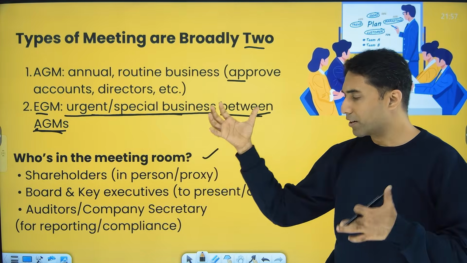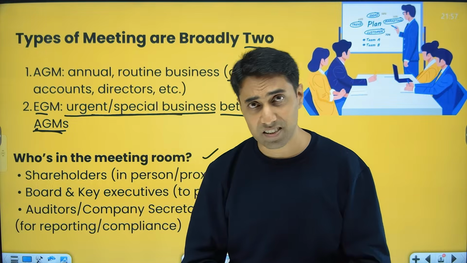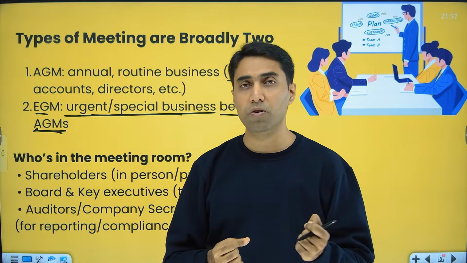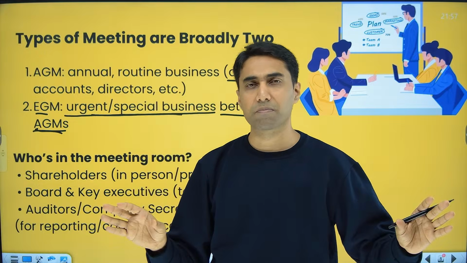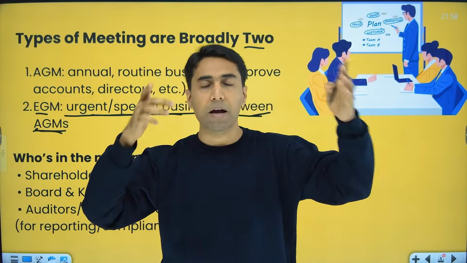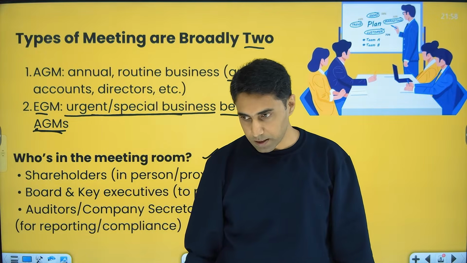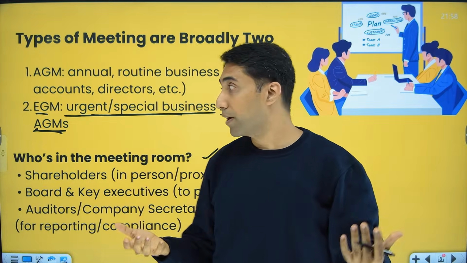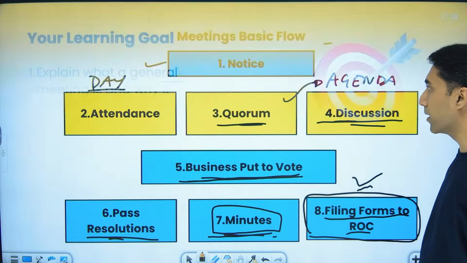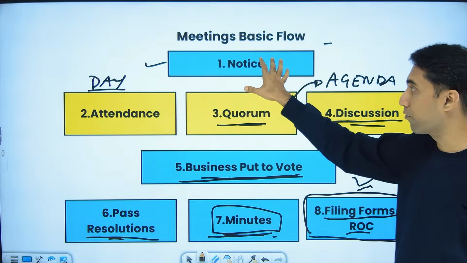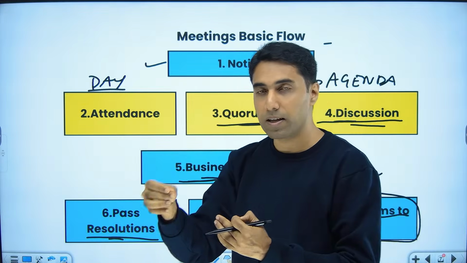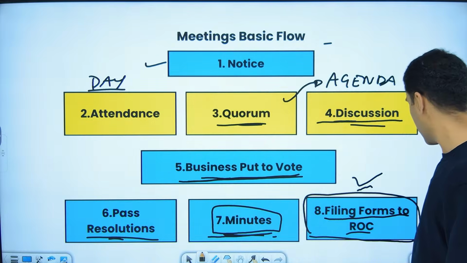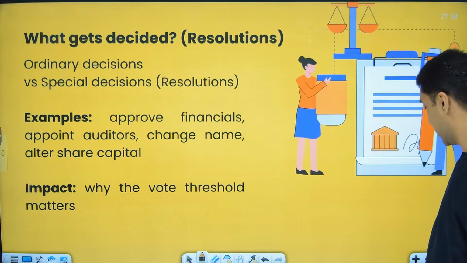So next, before I even go into section 96, especially for somebody who's new, this video is very useful. I'm trying to keep it very, very simple. So just imagine in your mind, there is a meeting room, and you know now why we have a meeting and all of that. I've told you the types of meetings and what the flow is. You have put the notice and everybody has come, they've given the attendance, and you have enough number of people and they're sitting inside the meeting.